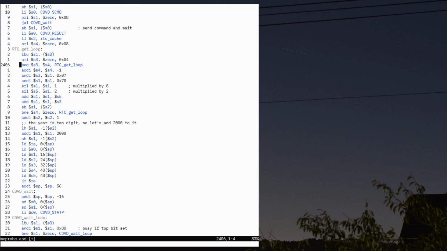Because I want the dates in the format for the PS2 memory card, I do a conversion from binary coded decimal to the memory card format here. But I might want to save both of them because I think I might need the binary coded decimal for another project, but we'll cross that bridge when we get there. Binary coded decimal is kind of annoying. You have to sort of split up the 2 parts, the 2 nibbles,